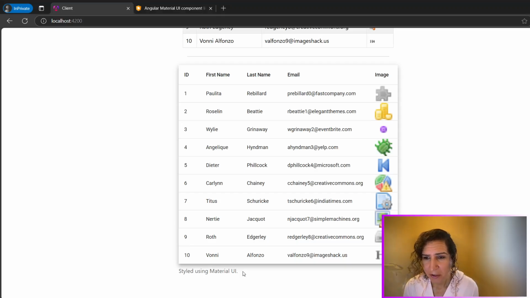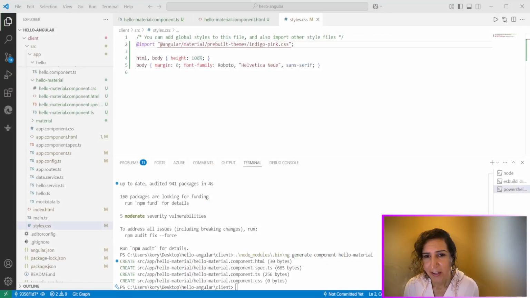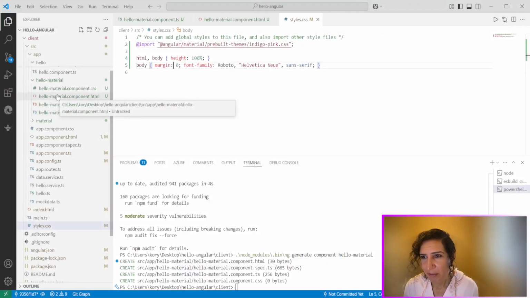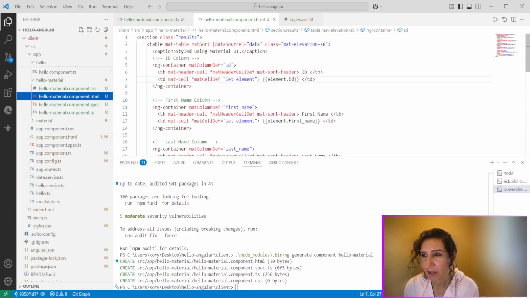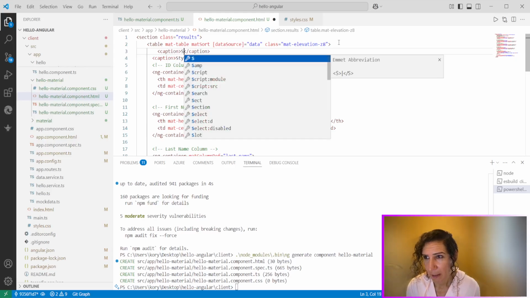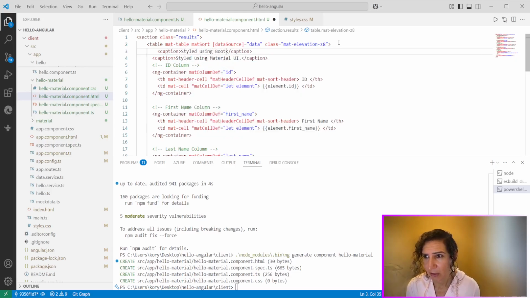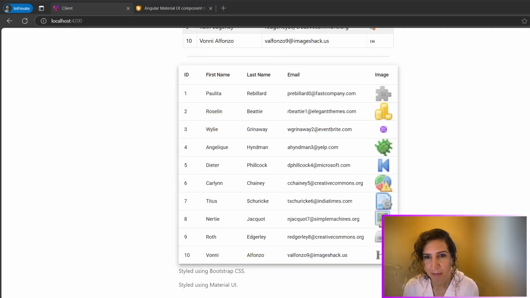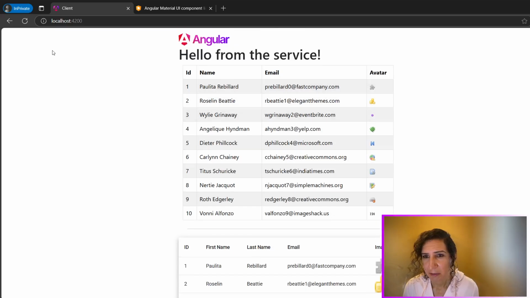One other thing, notice we have a caption here, styled using Material UI. Let's add that same caption to the Bootstrap table, just so that we can see the difference. So we can do that right here using caption, styled using Bootstrap CSS. If we save that file and take a look at the results, you can see how